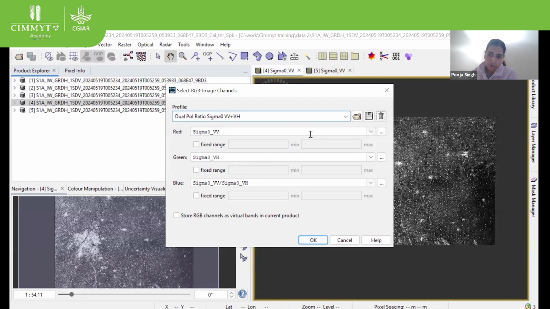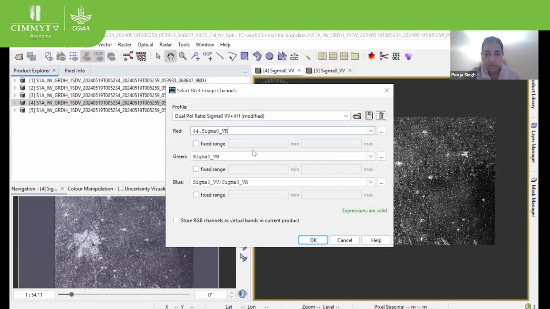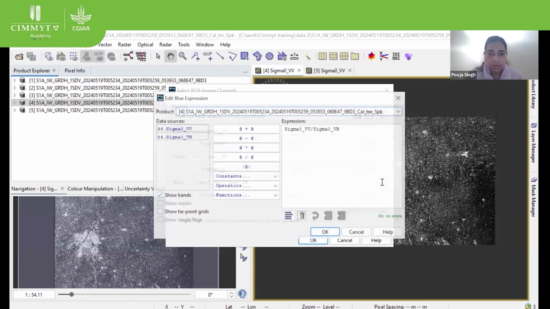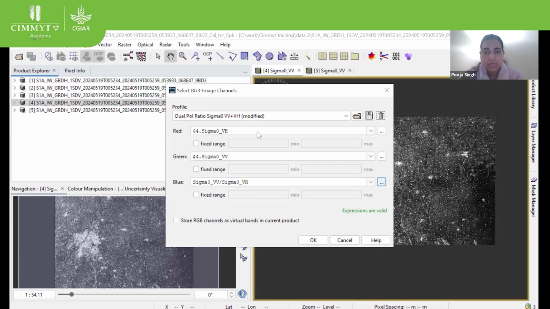There is a band combination for better viewing. So in the red option, we'll select the VH band. In green, we will select the VV band. And in the blue, we'll just delete this. Oh, sorry, I did it a bit quickly. I'll show you. Just replace VH in red, VV in green, and for the blue, just go to these three